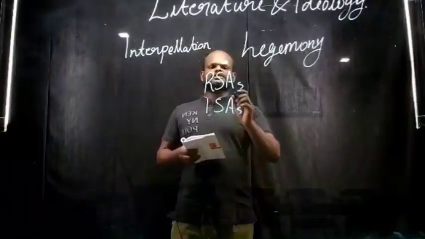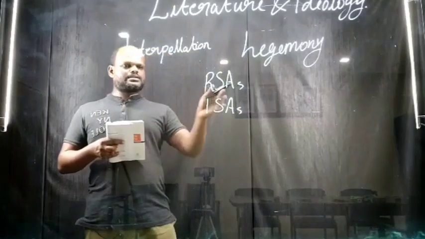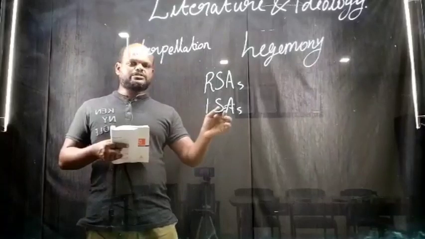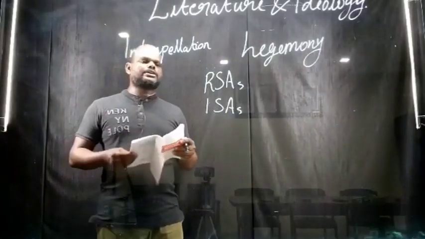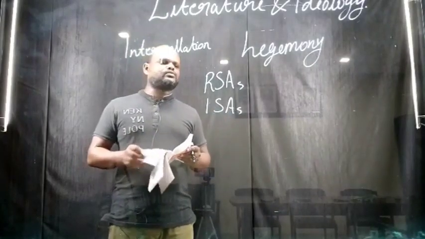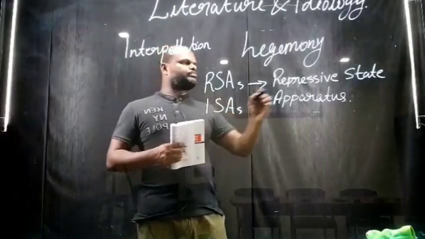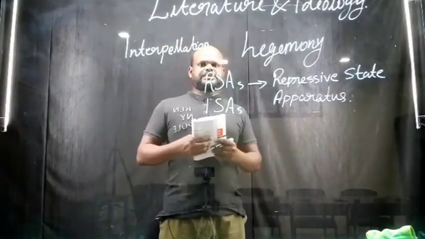The first one is through RSAs and the second one is through ISAs. So let's look into what RSA is and what ISA is. So RSA refers to repressive state apparatus, means